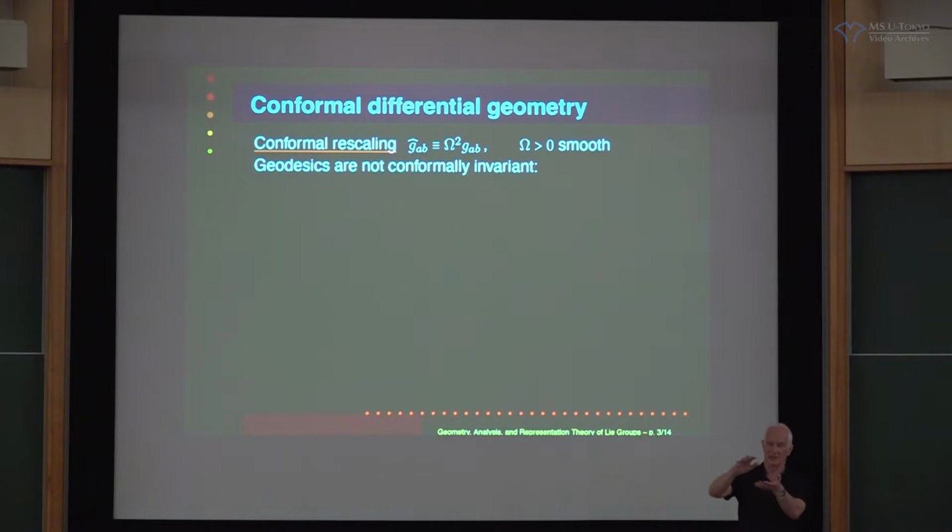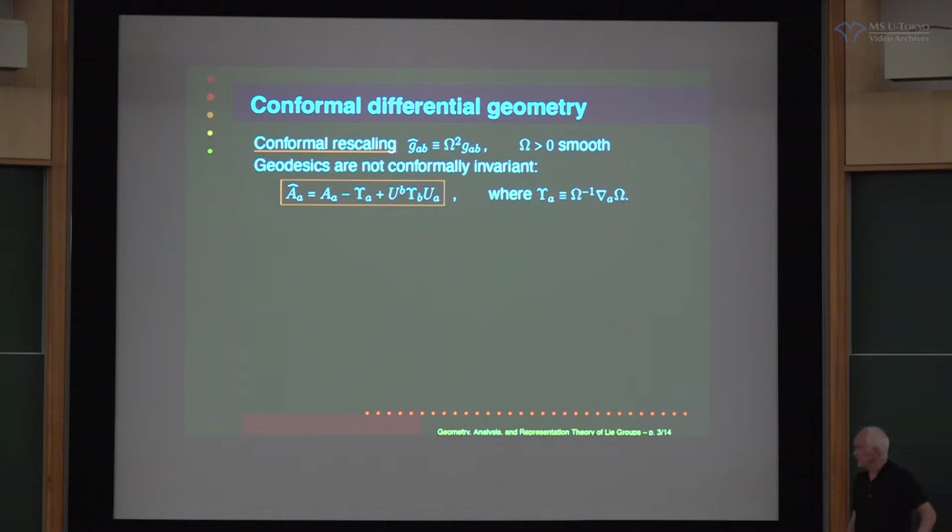Now, if you know about the sphere, you know there are conformal transformations on the sphere which, for example, just move everything away from the South Pole and concentrate it on the North Pole. If you take the equator, that will move into a circle, but it won't move into a great circle. And you can see this in the formula for how these things transform.